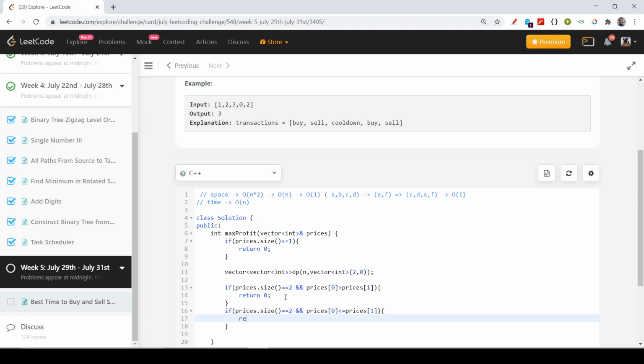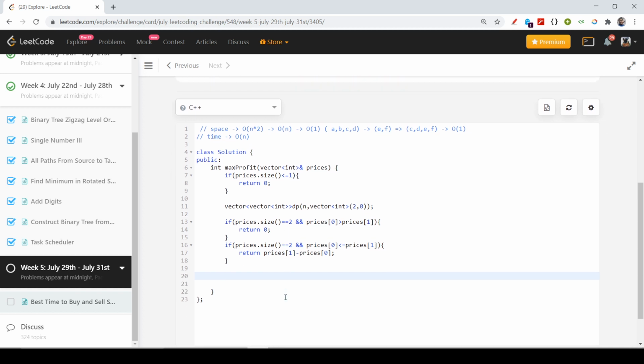I know that my array size is only 2, so I will just return prices of 1 minus prices of 0, because I will buy on the first day and sell on the second day. Now comes the main part, or you can say the tricky part.